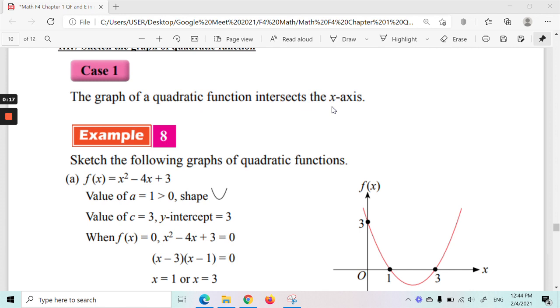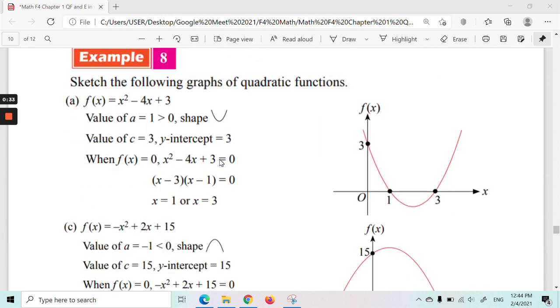You just use the MODE 5 3 on the calculator to key in. If you get the value in whole number or in fraction, it means they have intersection with the x-axis. If you get in terms of i, it means the answer is imaginary, so the graph has no intersection with the x-axis. Now, how do we sketch the following graph of a quadratic function?